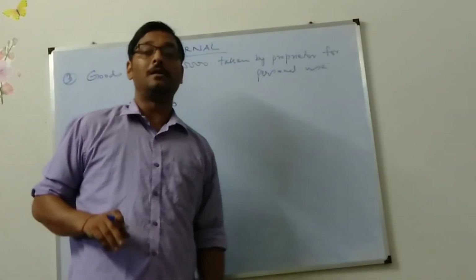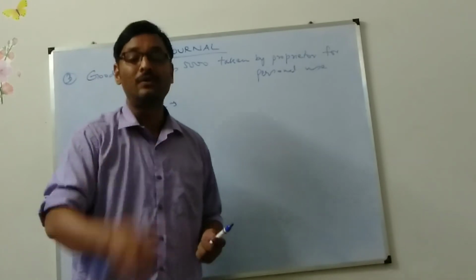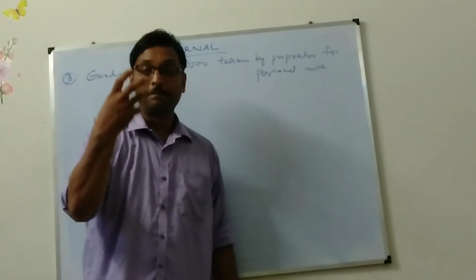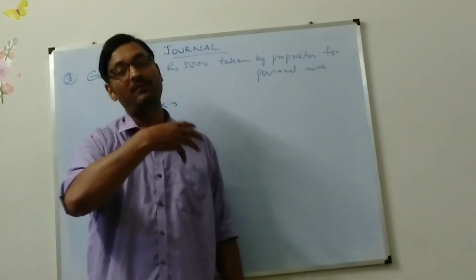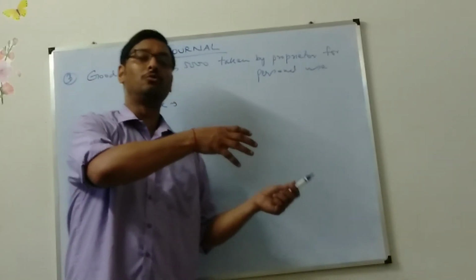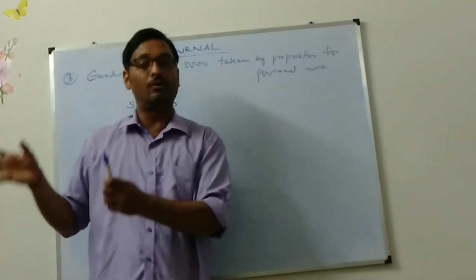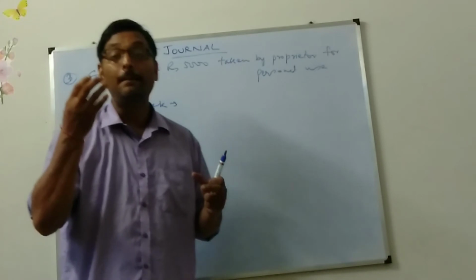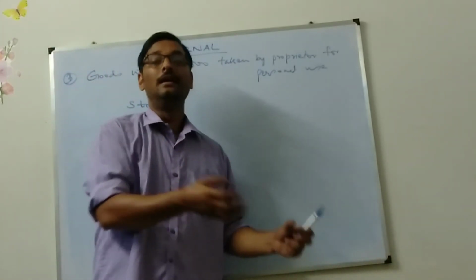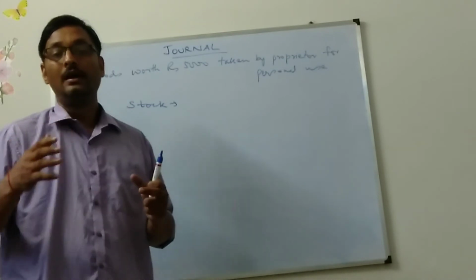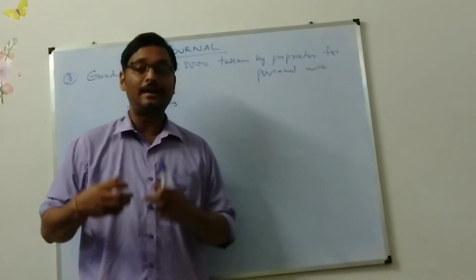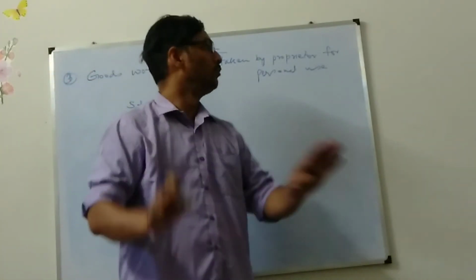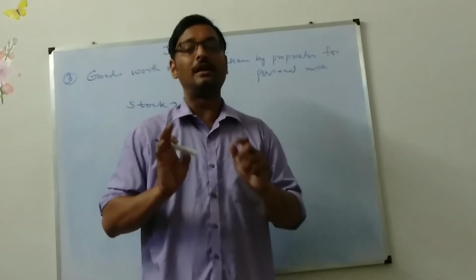And it is taken by proprietor. Proprietor means owner. What name have you given to the owner? You have given respect to the owner. In my previous video, I made you understand: the company needs money from everyone. Those who have given from inside, meaning the owner, it has termed it as capital. When it has taken from outsiders, it has termed it as loan. So the proprietor has taken it for personal use.